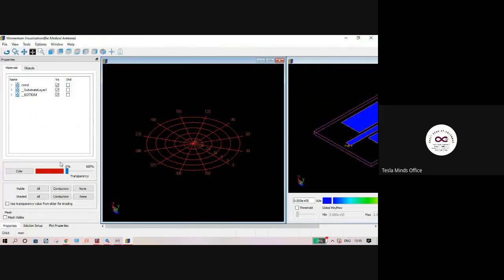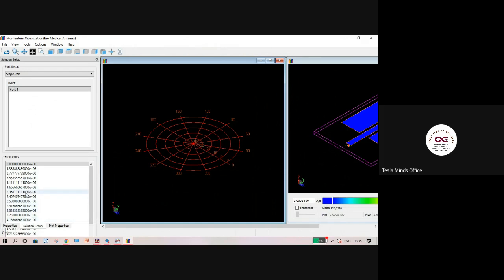First, on the left hand side bottom you have properties, solution setup, and plot properties. In that option, select solution setup. There, select our resonance frequency. Here you have a lot of frequency points, but our resonance frequency was close to 3.6, right?